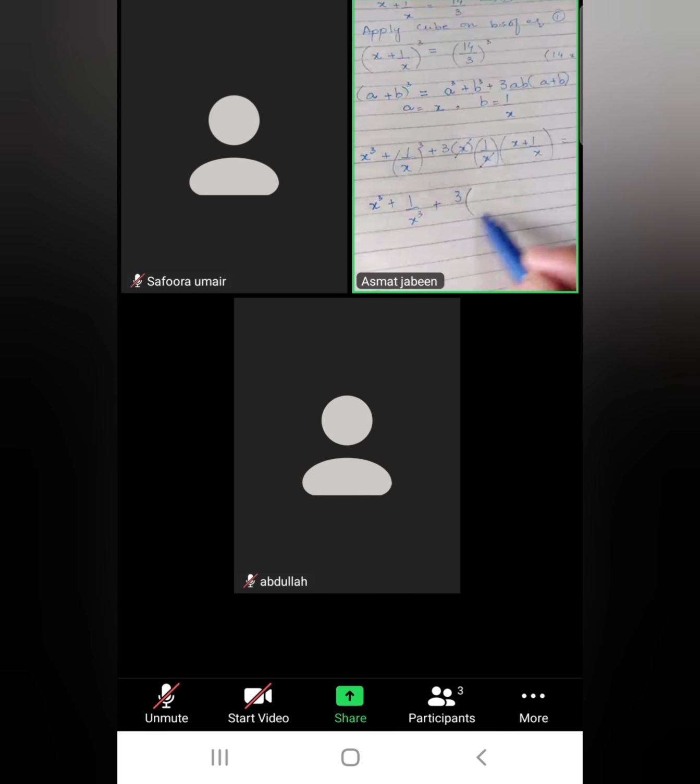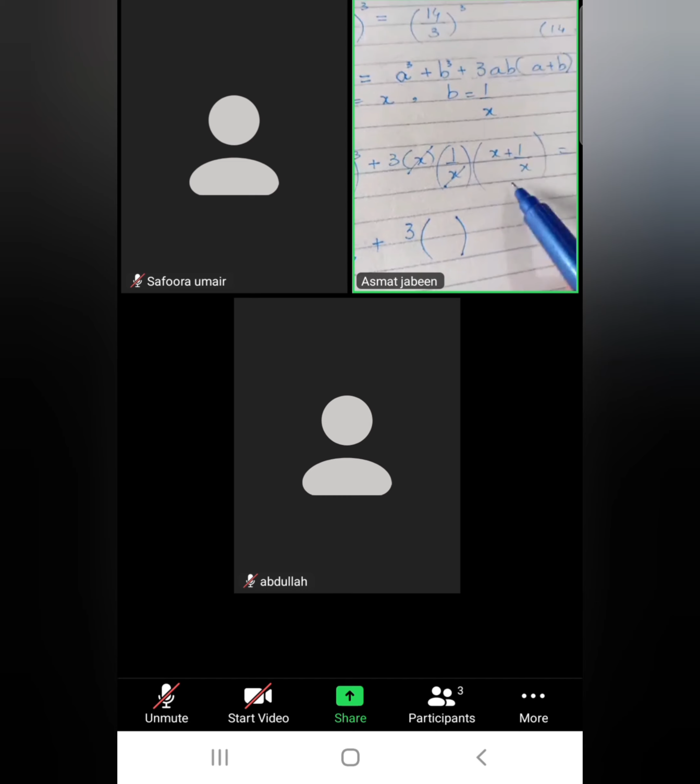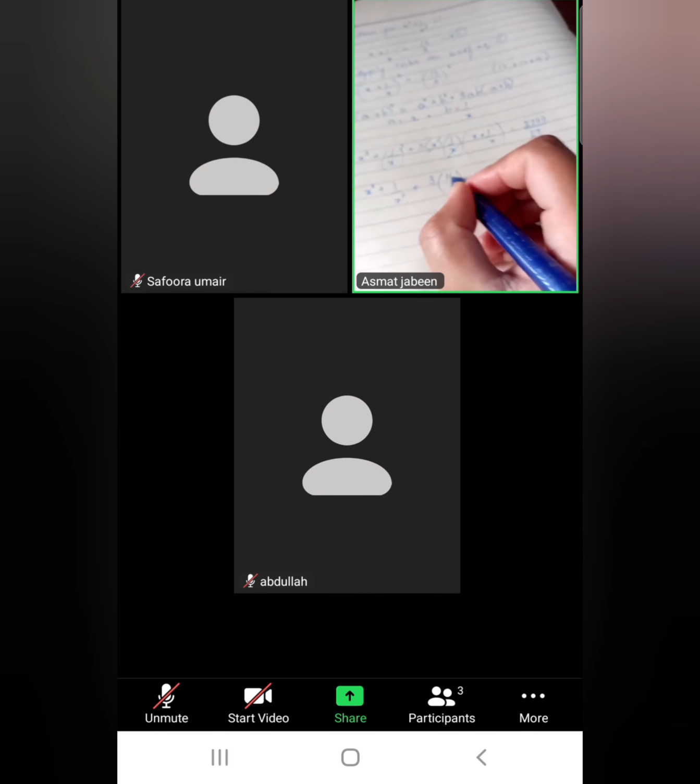Do we have the value of x plus 1 by x? Again, variables are involved, but still we are having its value. That is 14 by 3. Rather than writing x plus 1 by x, you will put its value 14 by 3. It is equals to